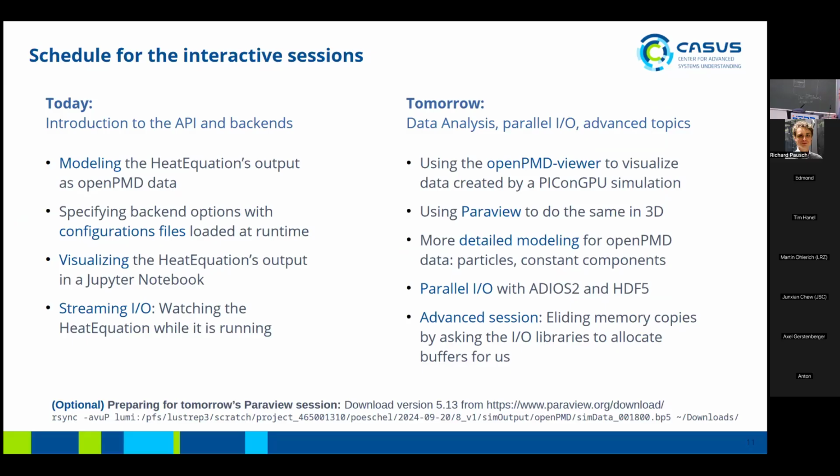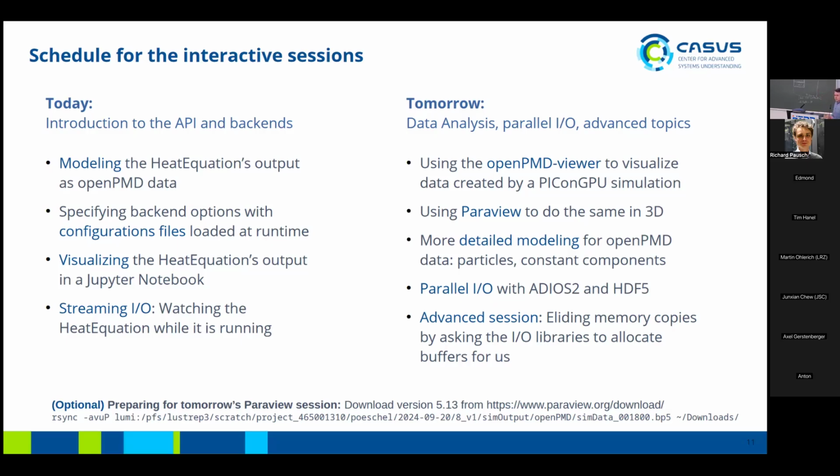I'm not even sure, did we show the JPEGs created by the heat equation? I think not. Did we? Okay, cool. So instead of the JPEGs, we are going to write output to OpenPMD. And are then going to look into how we can configure backends and